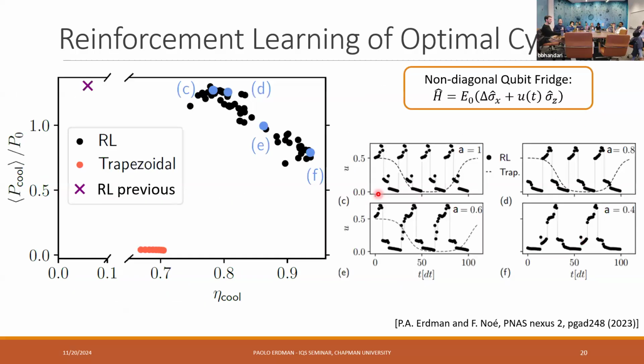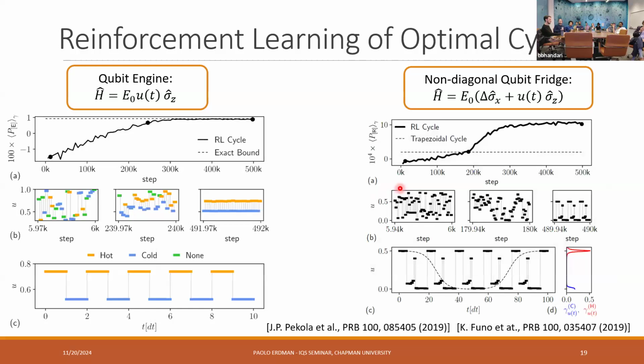So what I showed in, for example, here where we just optimized the power, we were using a method that only used the density matrix as state. So the reinforcement learning agent could really look at the density matrix at every time step. And this simplifies the optimization because it has full knowledge of the state. But this is not experimentally feasible because you cannot measure in real time the full density matrix.